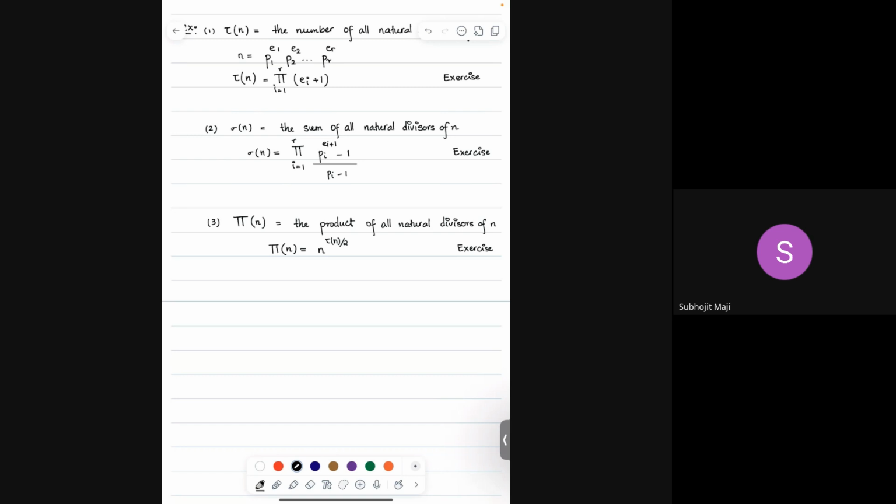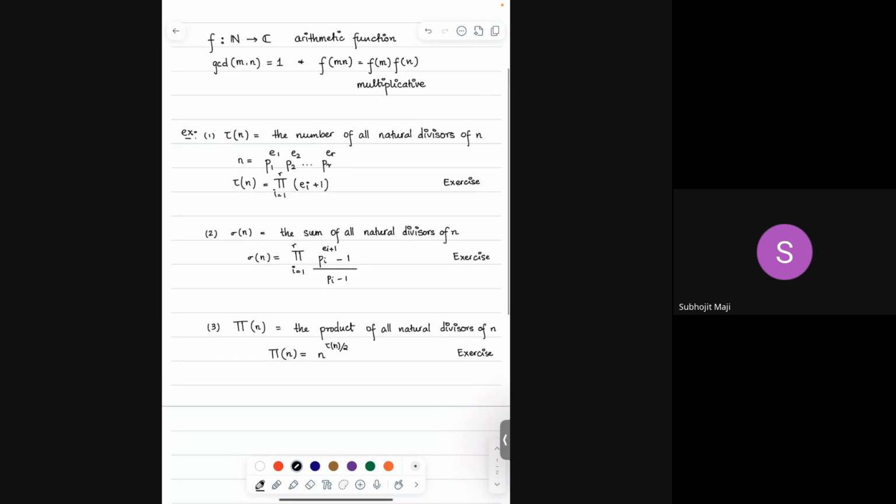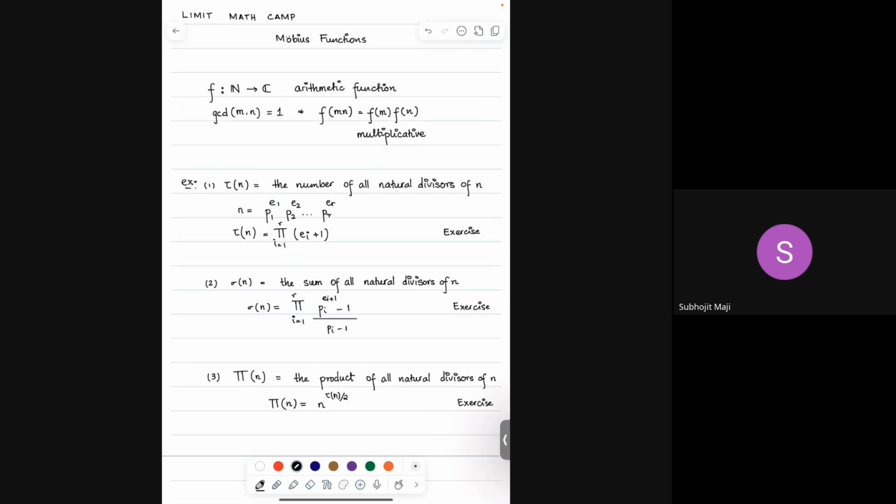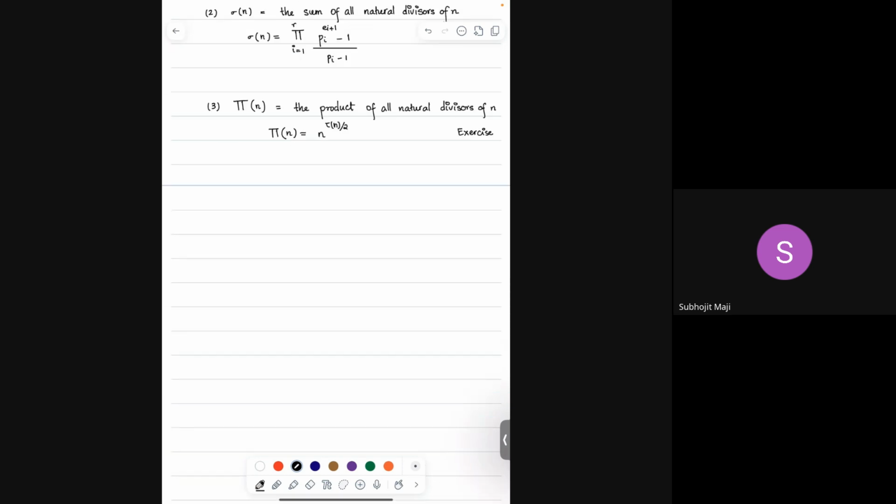And you can convince yourself that this function is actually not multiplicative. Okay? So take a prime p and another prime q and see what happens, right? So you can take 2 and 3, or take something like 4 and 9 and see what happens, right? This function is not multiplicative. Okay, so we have talked about multiplicative functions. I have still not told you what a Mobius function is, so let me at least tell you what a Mobius function is. But before I do that, any questions?